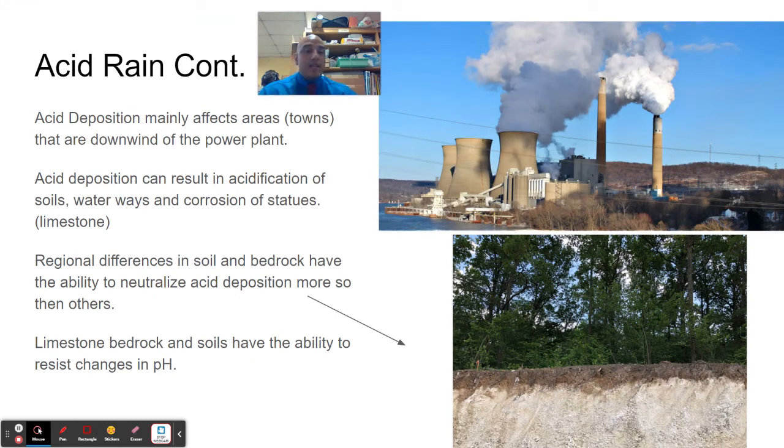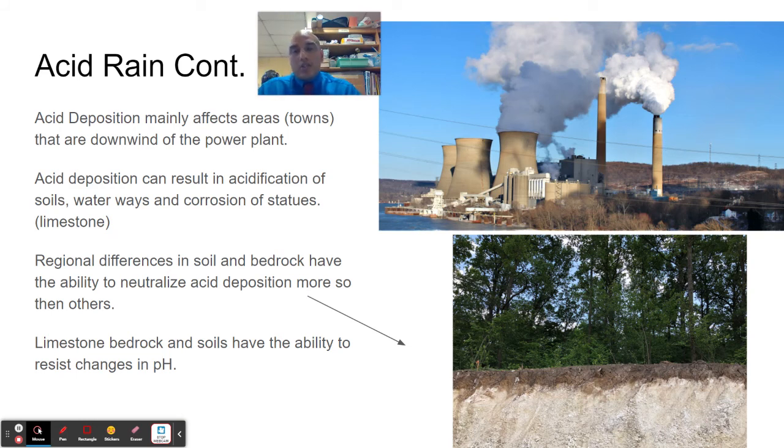The CED states that particularly if you are downwind from, let's say, a coal-burning power plant, those are the areas that are going to be mostly affected by acid deposition. So imagine if you had a forest or a city or lake right next to a power plant. That area is going to be affected the most because the emissions there are going to be highly concentrated in comparison to other areas, with the sulfur and the nitrogen oxides. And then that could come down and cause its damage.